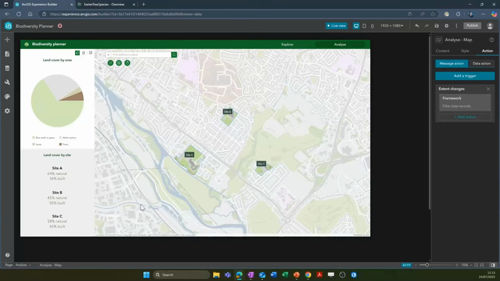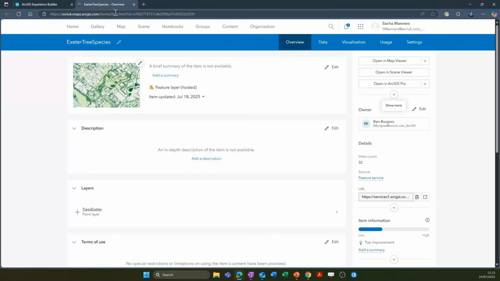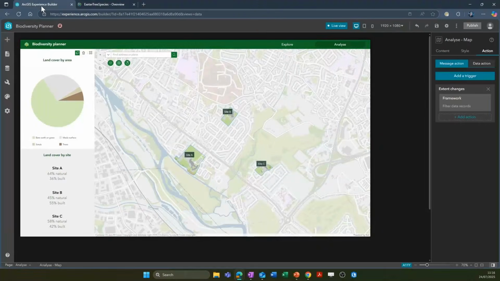So I've got a bit of information in here, but ideally I'd like some more information on tree species in this area. Now, when I head to the item page for some data I found, I can see that my colleague Ben, who is the owner for this item, has some data on some tree species across this same site in Exeter, and this would be really useful to pull into my application. So with this update, I now know that I can do that